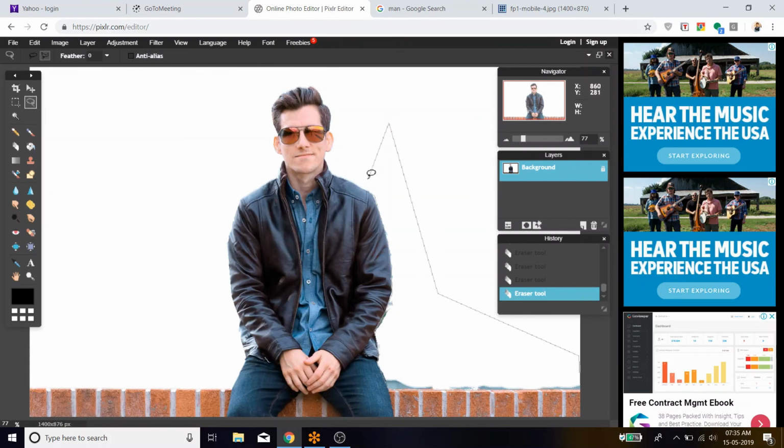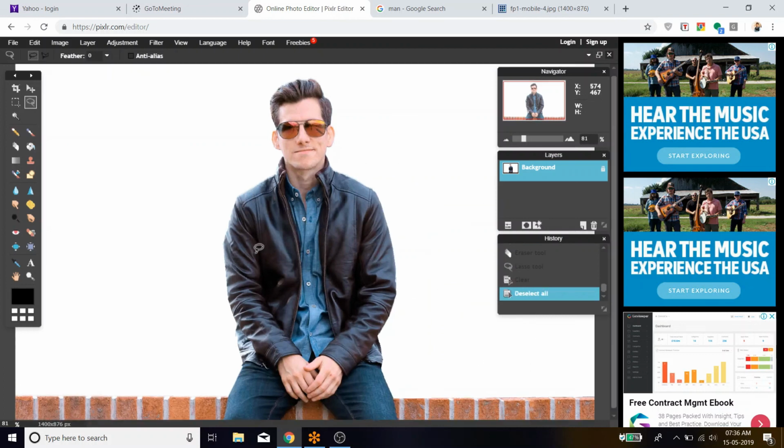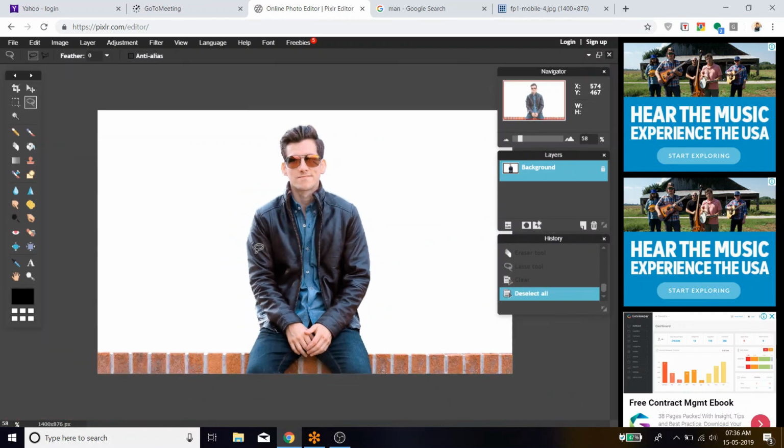I am closing the circuit over here. Now use the freehand tool to close the circuit. Yes, I have completed it, and now the area selection has been done. Got it? Now delete. Now you can see that the professional background removal has been done, right?